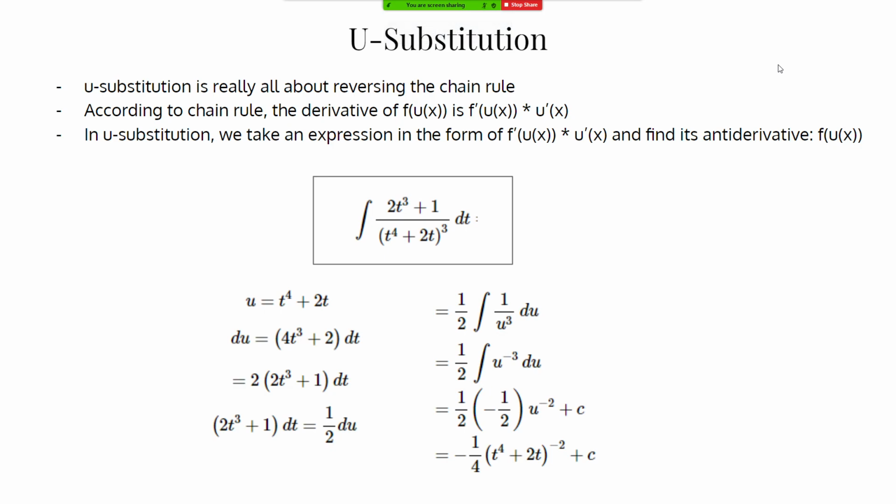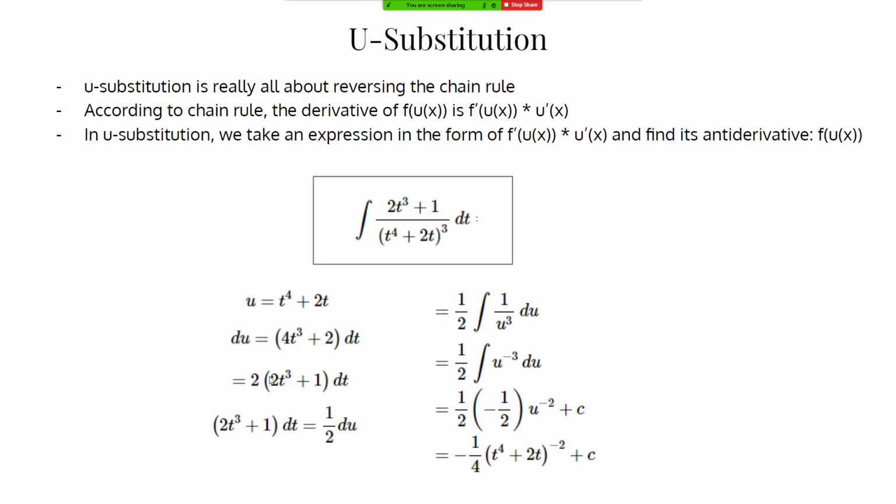U substitution is basically like reversing the chain rule. The hard part is finding what u is, but after that, it's pretty smooth. So in this case, you should notice that the derivative of t to the 4th power plus 2t is 4t cubed plus 2. So you do that, and then you can factor out a 2,